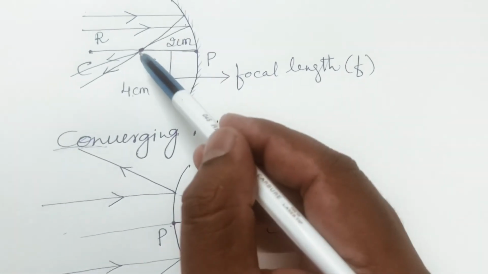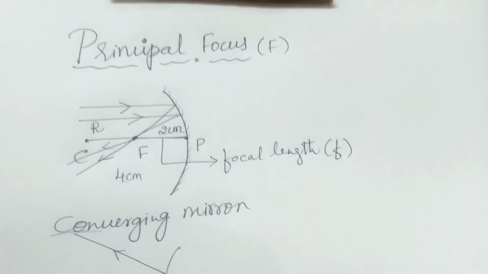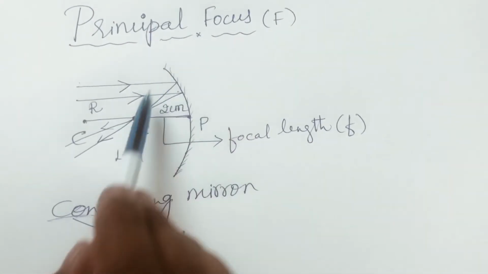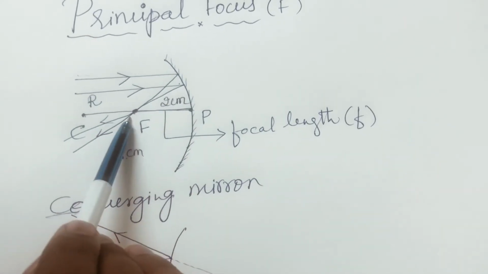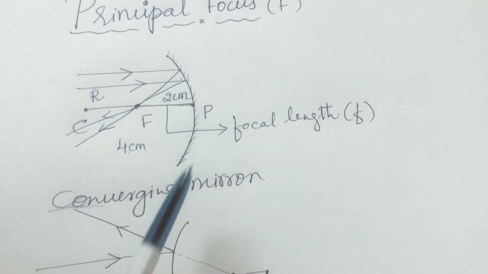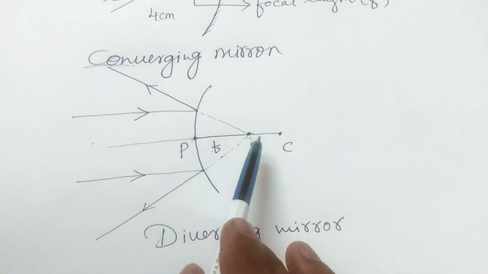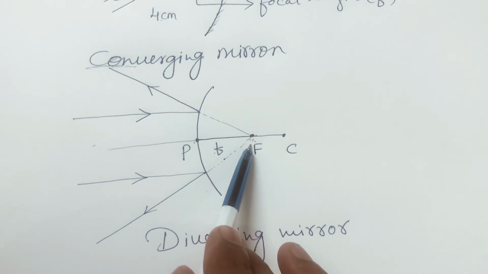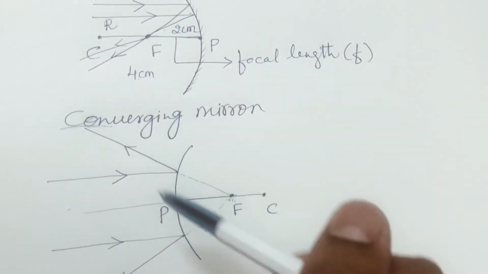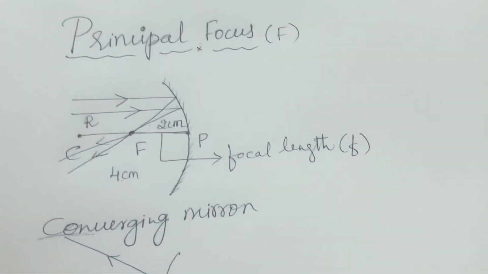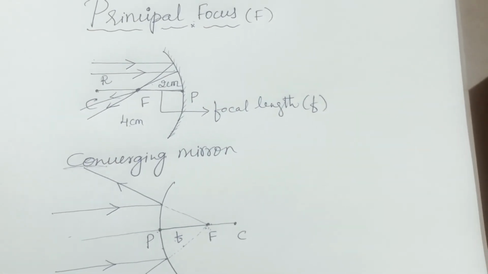Now we have to observe here, this is the focus and this is the focus. So what is the principal focus? The principal focus is the point on the principal axis where light rays come and meet after reflection in the case of a concave mirror. And in the case of a convex mirror, it looks like all the light rays are getting diverged from this point. The point where it looks like converging and diverging in the case of both concave and convex mirrors is called the principal focus of the mirror. So this is all about the focus of the mirror.